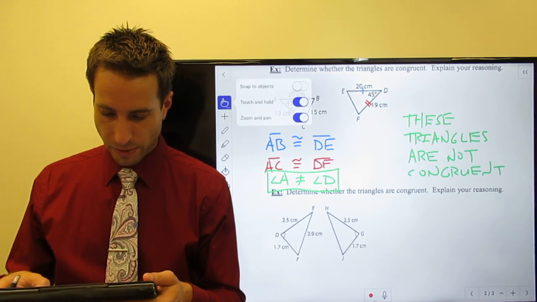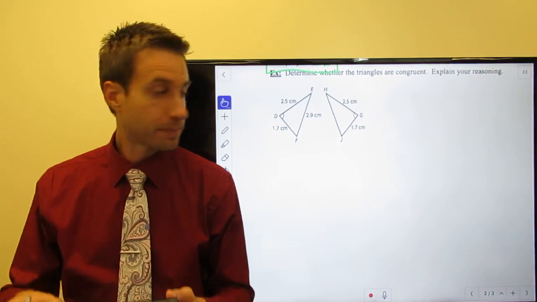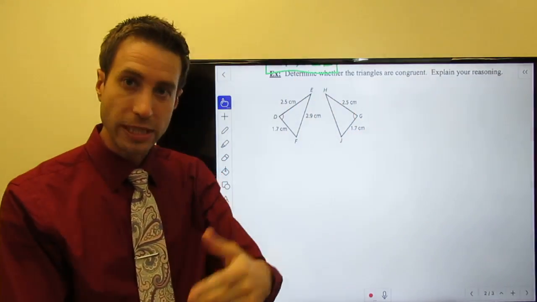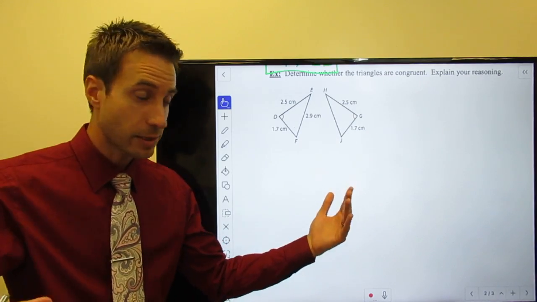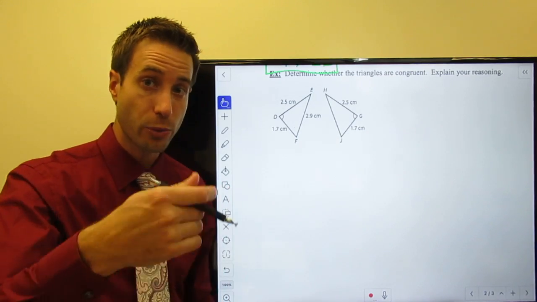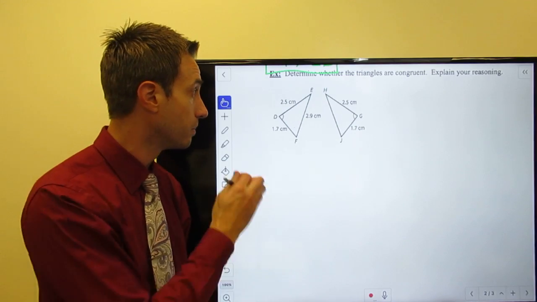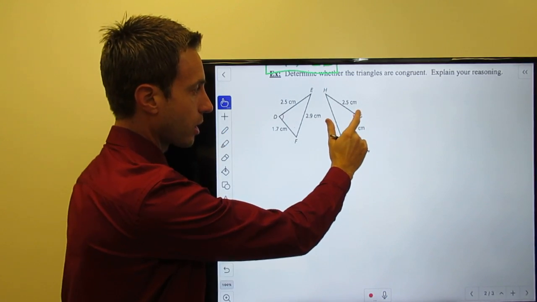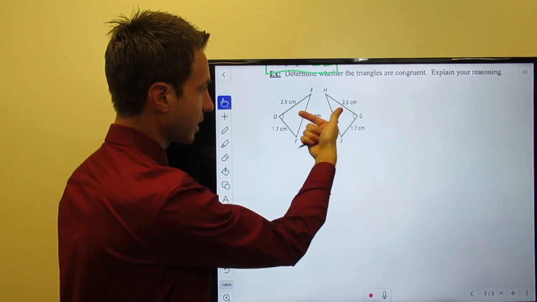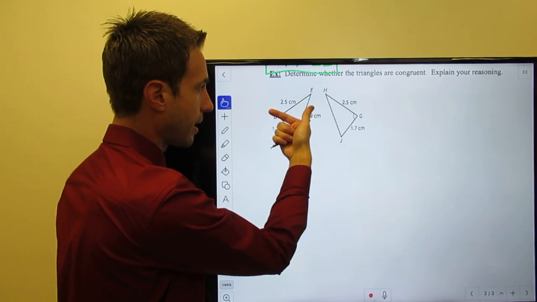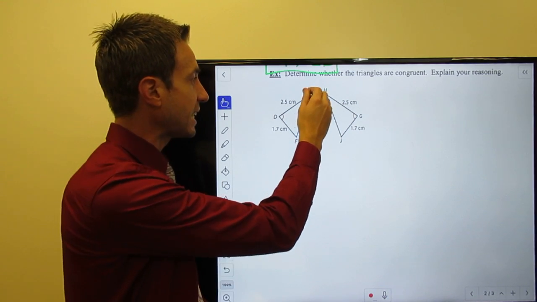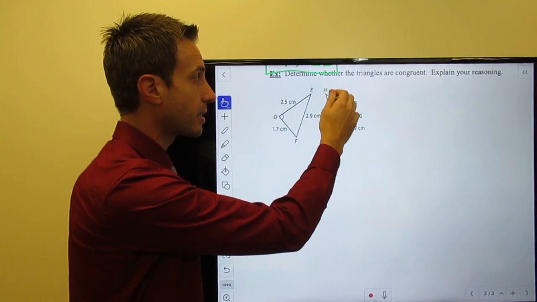All right, I got another one for us here. Let's see what we got. I want you to determine whether the triangles are congruent. We'll need to explain our reasoning. That makes sense. It's geometry. We got to be able to show that we know why we can do what we do. Do you see it? I think this is the way it's going to work. We're just going to take this triangle, flip it over, slide it over, set it down right on top of this guy, which means I know that side ED is congruent to side